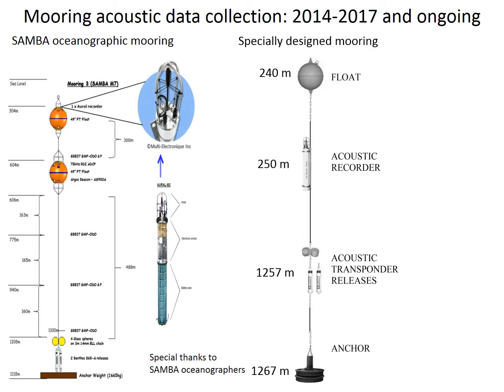And then in Antarctica, we had a specially designed mooring, which was specifically designed for acoustic data collection, and that was deployed on top of the mud rise, as you have seen in the previous map. It comprised the anchor, the acoustic release, which was used for releasing the mooring when we come to retrieve it, and then the hydrophone, which was deployed at 250 meters, and also the float on top of the hydrophone to keep the mooring upright.